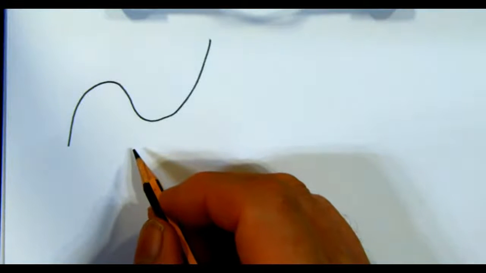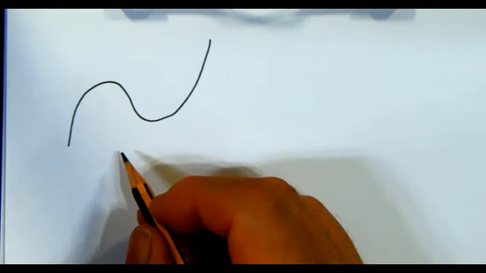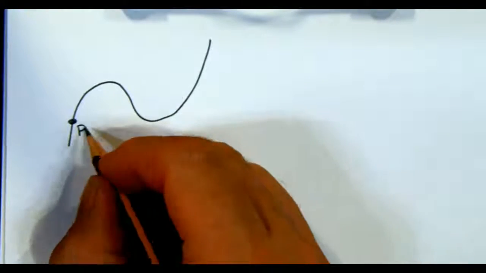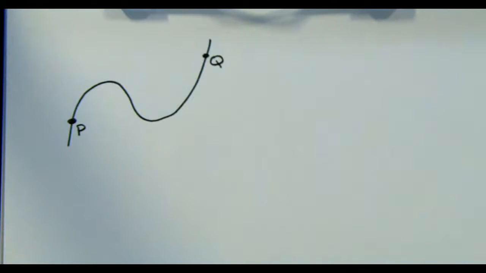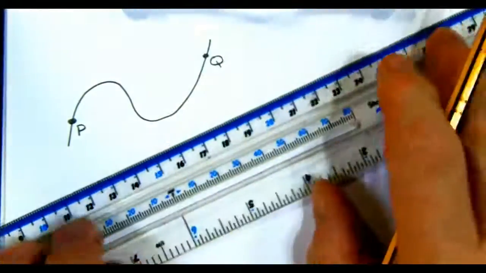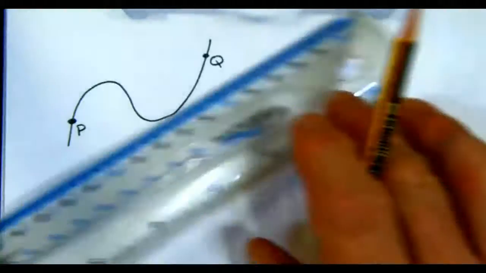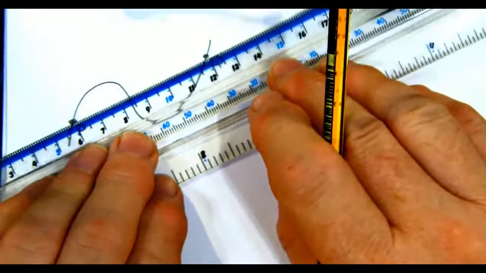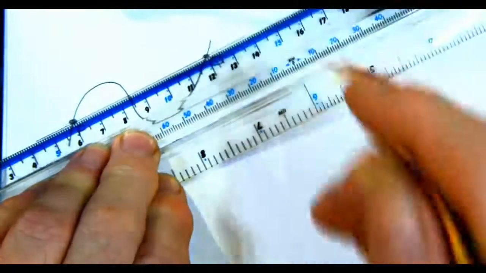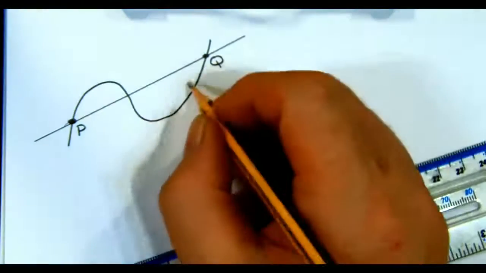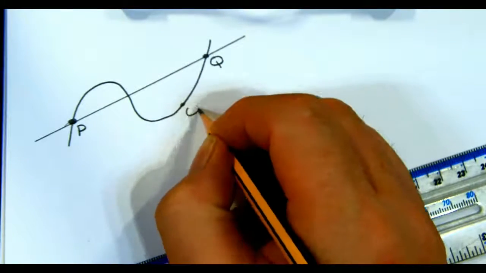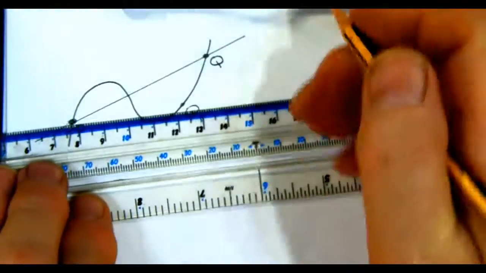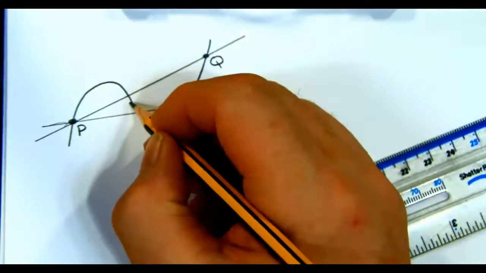If I choose any 2 points, we'll call this one P, and we'll call this one Q. Now I get the ruler, so that I can get some sort of straight line here. So I've got my straight line, and as Q tends towards P,